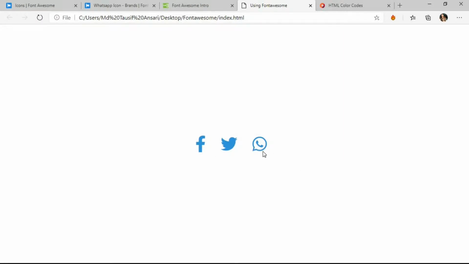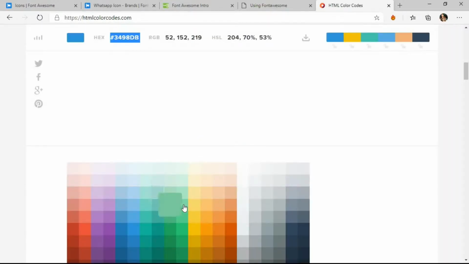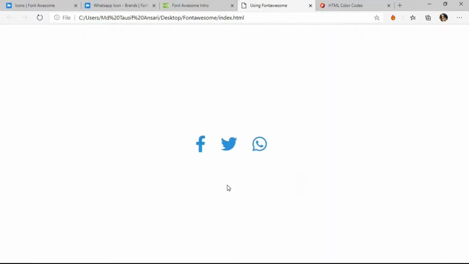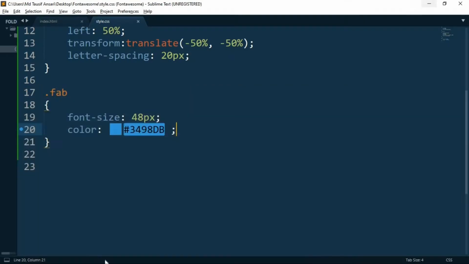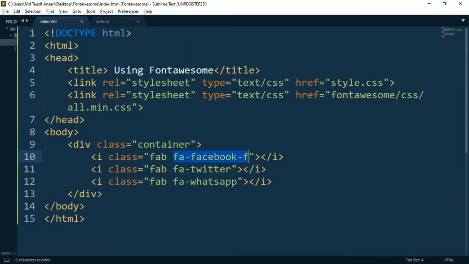But as you guys can see, this WhatsApp color is blue, and we all know that WhatsApp is green, and we want this to be somewhat this type of green color. So what should we do to change this color to be green? It's very simple, guys. Go back to the text editor and select this class, that is fa-whatsapp.